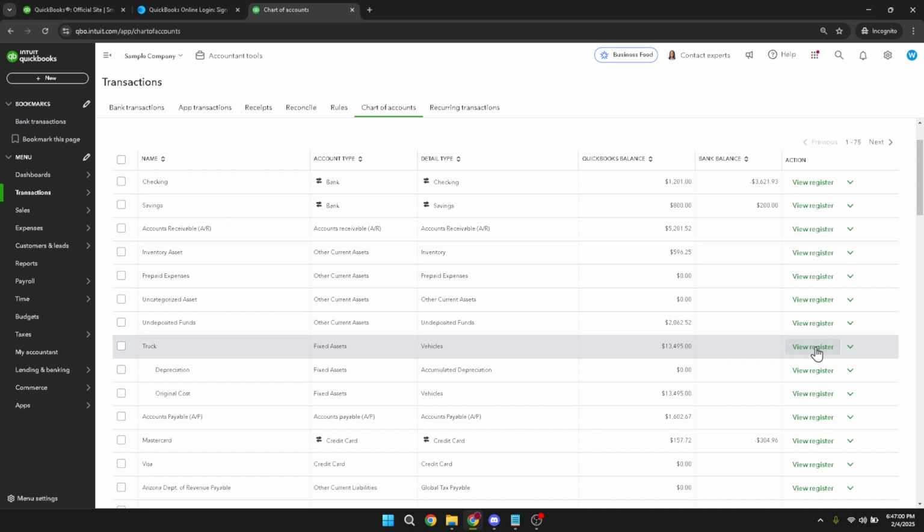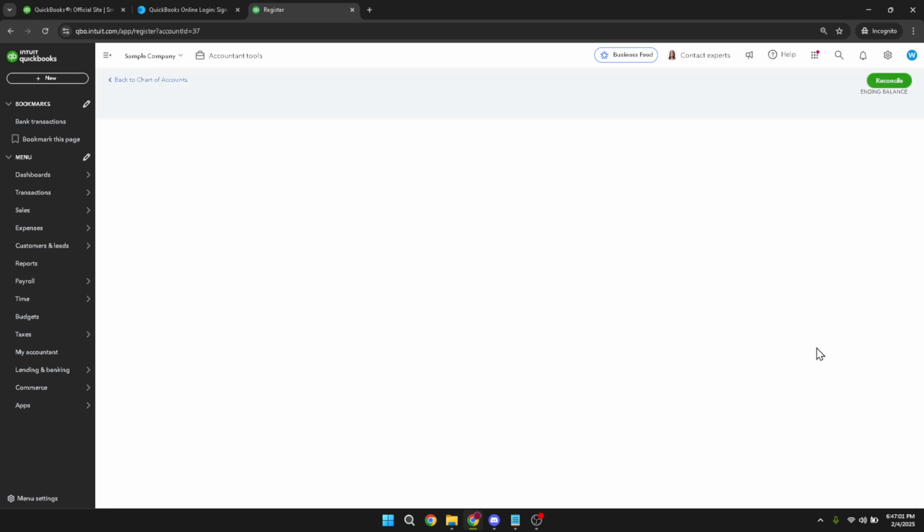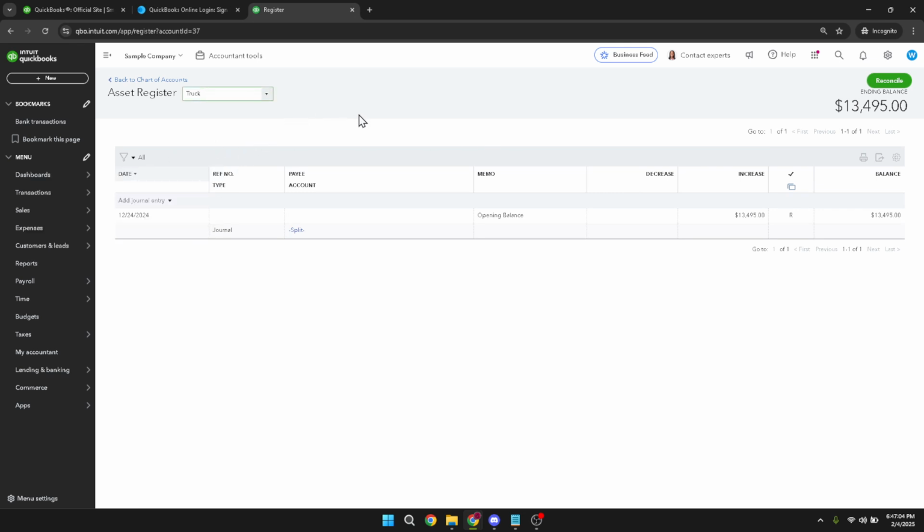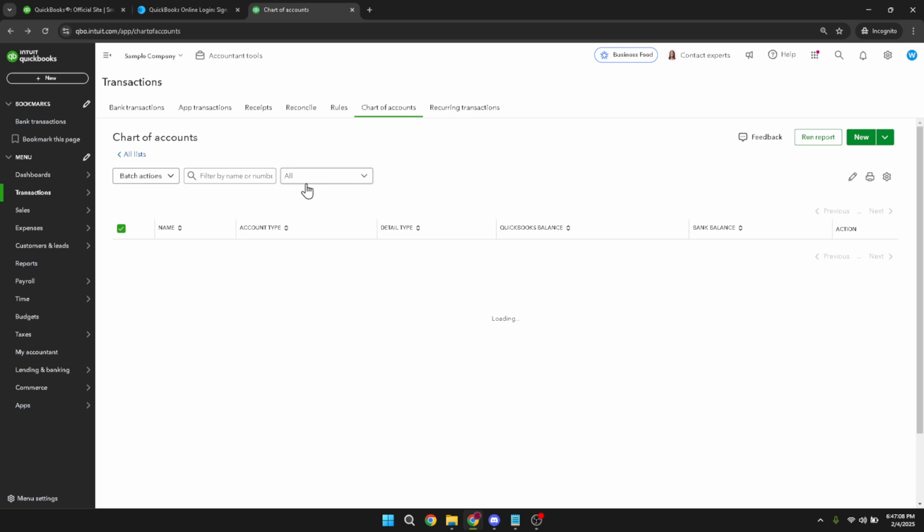Next, you need to click on the opening balance. If you're setting this up for the first time, the opening balance field is where you input the starting point of your bank account as of the date you begin using QuickBooks. It's important to ensure this figure is accurate as it impacts all future reconciliations and financial reports.